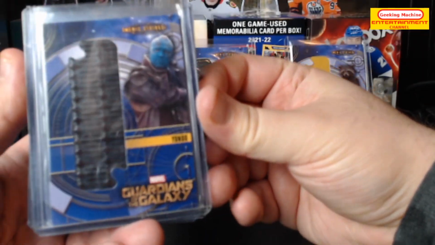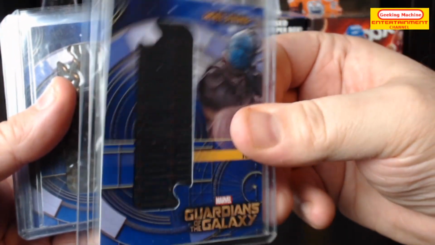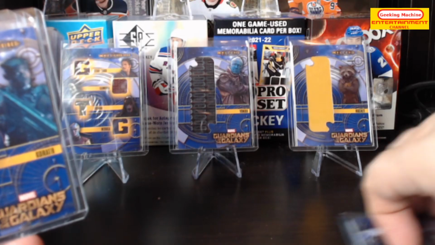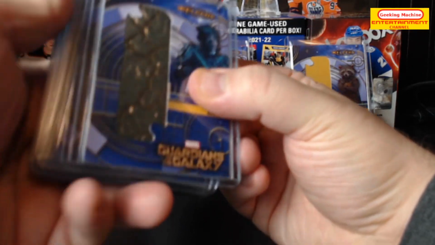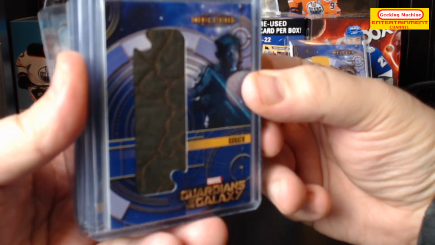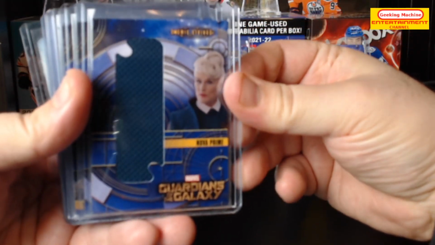And after that we have Yondu. So this one looks a little more interesting. It's from his jacket by the looks of it. So I'm going to take the Gamora off because Yondu is actually my favorite character from the movies. Alright, next we have Korat. There you go. That looks pretty cool. And then we have Nova Prime,